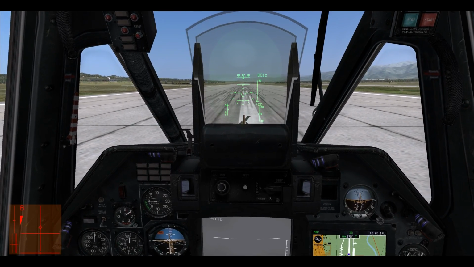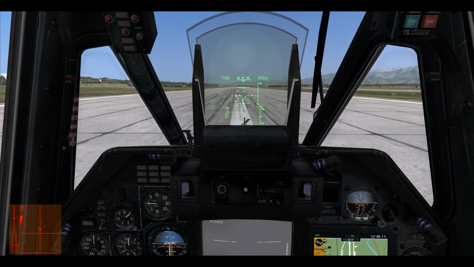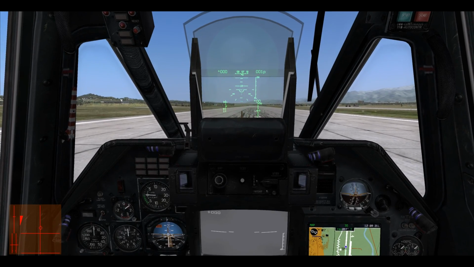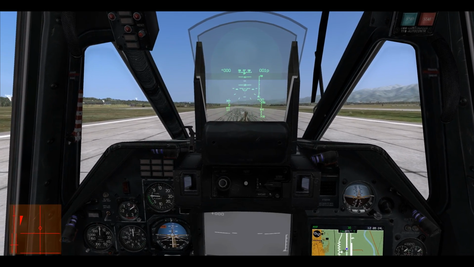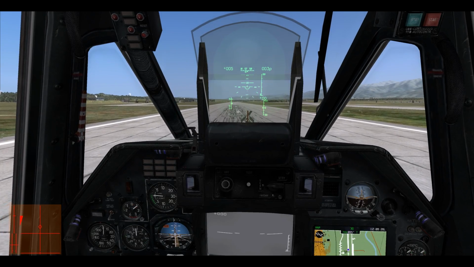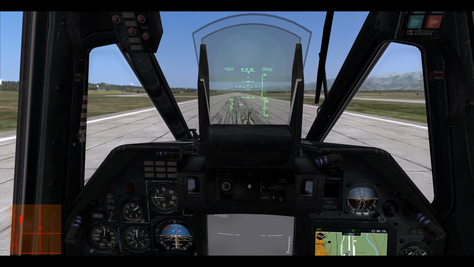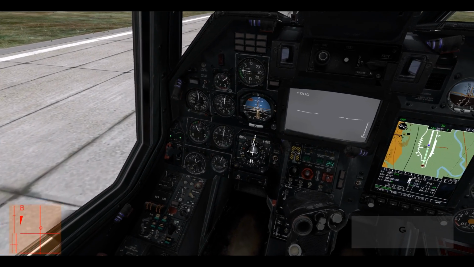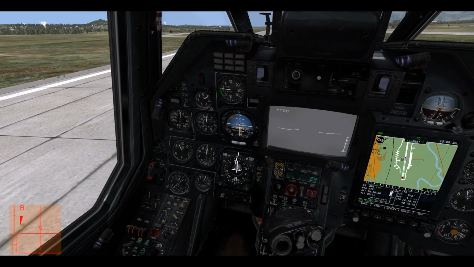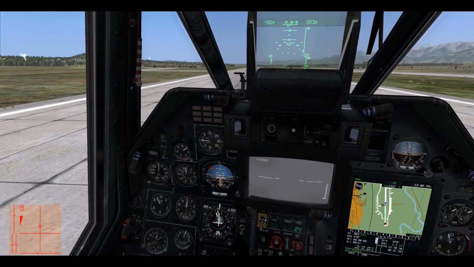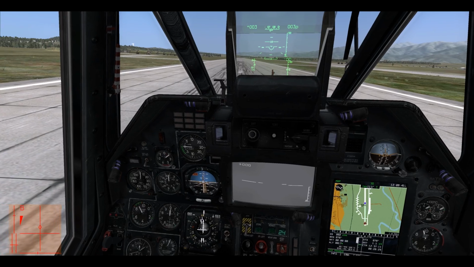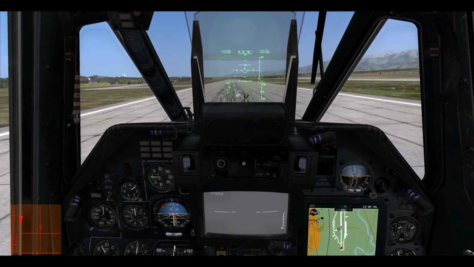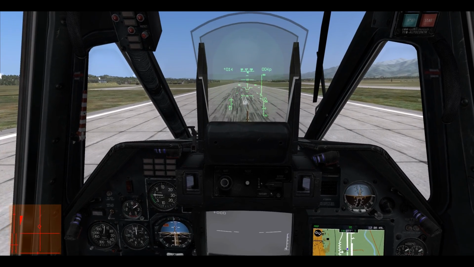As soon as we are airborne, we need to trim. Go. Trimming out. Let's raise the landing gear. Here we go. 3 reds. Everything is okay. And we can proceed with